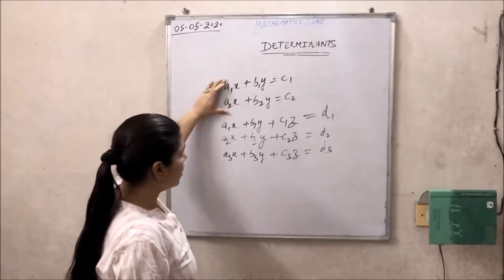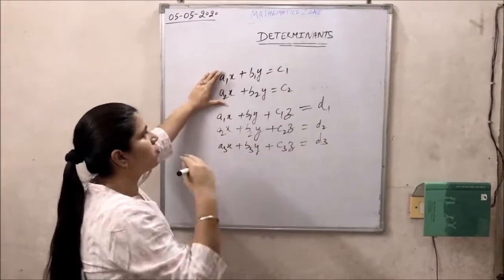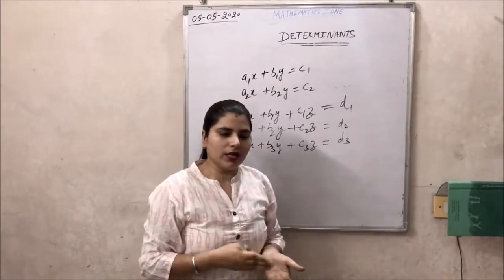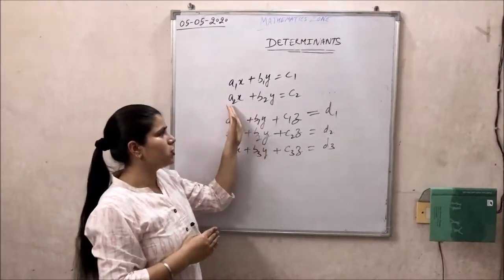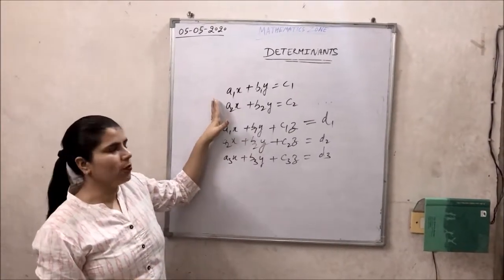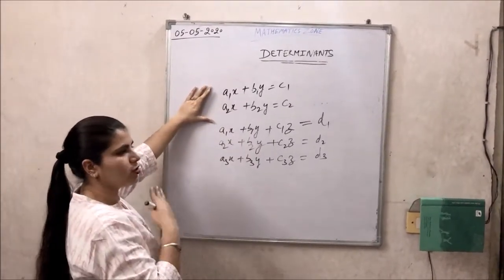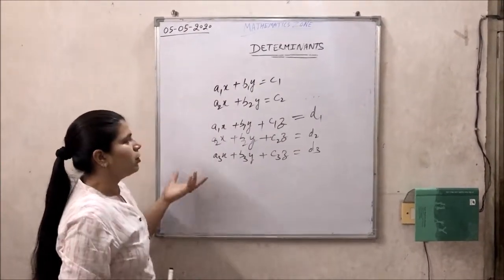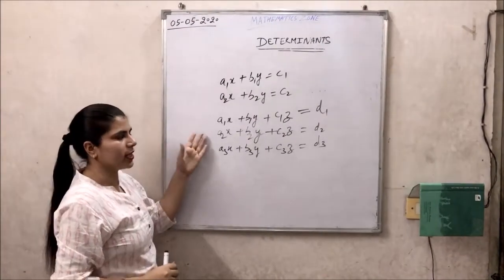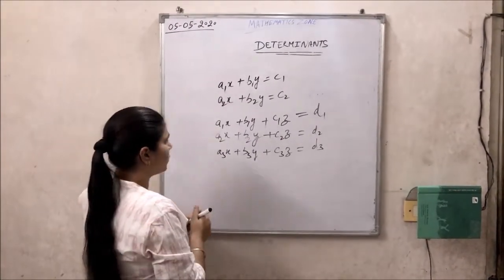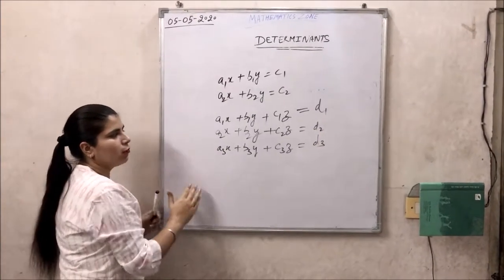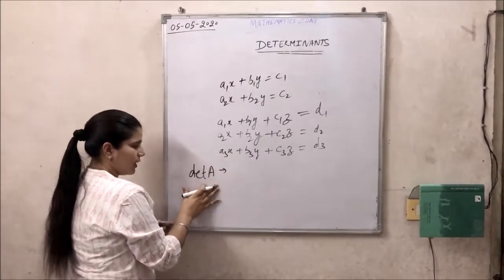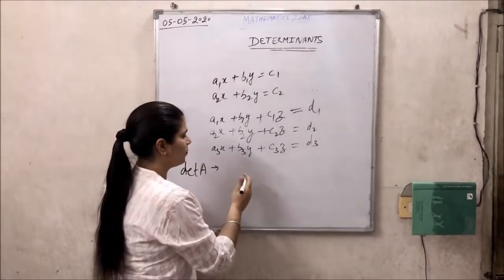Now to solve such kind of problem, that is to find the solution of these two equations, there are lots of methods, that is elimination method, substitution method, and cross multiplication method. By solving this we can find the value of x and y. But if we have more than two variables, then how to solve such kind of equation? To solve this kind of problems, we have another term, that is determinant of A. Rather, we had done it in the previous class.